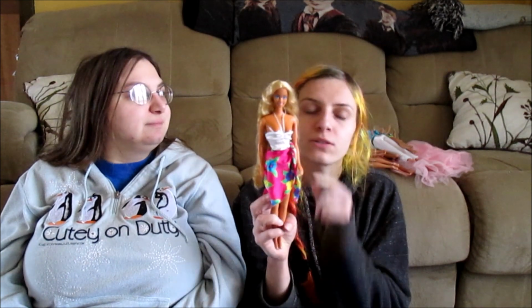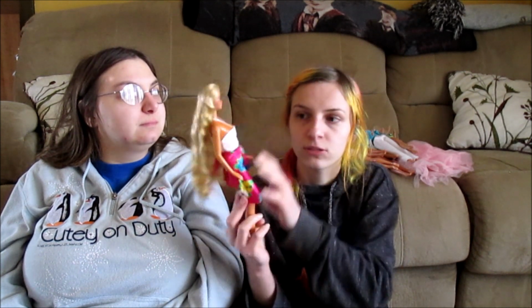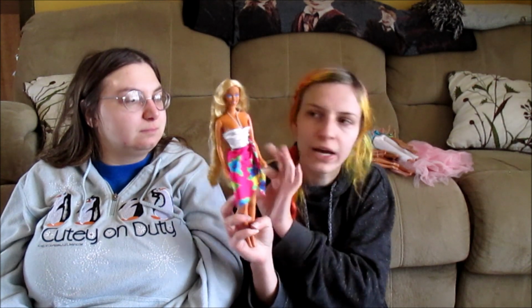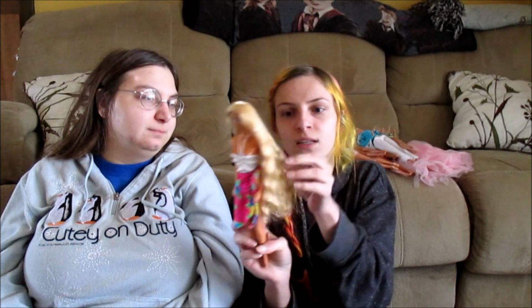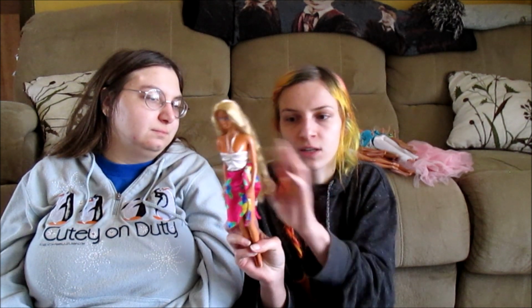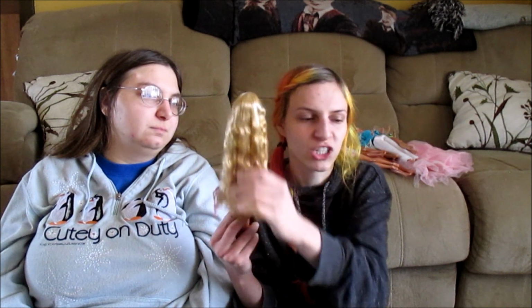And that third doll, who is actually in really bad shape, was wearing this outfit. She was only $1, and I was like, oh, I need that outfit. And so I gave the nicest doll the outfit. I don't usually do that, but she's just so pretty. She has really nice hair. Don't judge right now, because this really curly saran does not stay very nice in storage despite many efforts. But when you first boil wash it, it looks